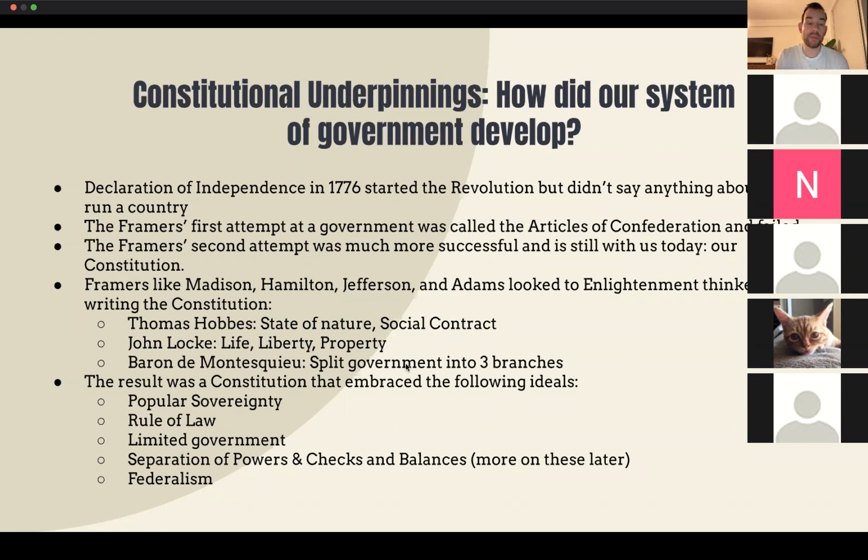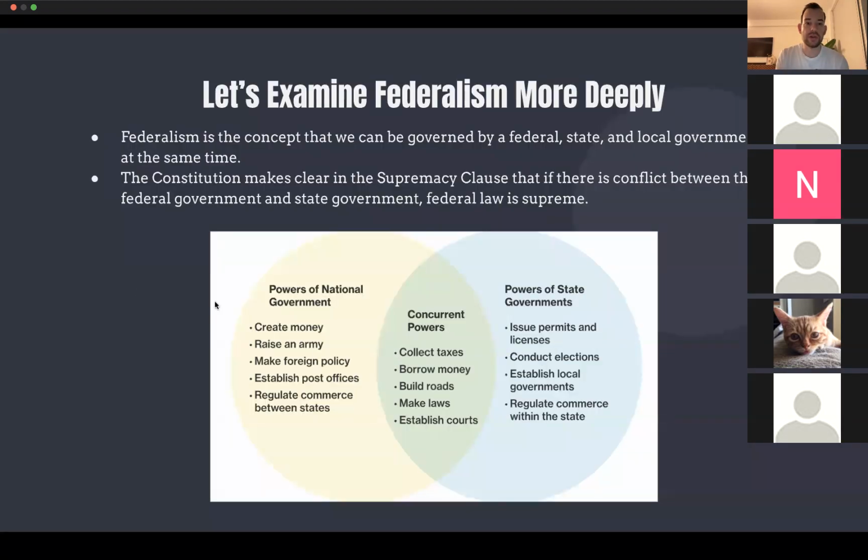There were Greeks that tried to do that as well, obviously like Alexander the Great, and then the Roman Empire, you could say, was almost like a federal system. But what was unique about this American experiment is that there were 3 tiers to it, which I'm going to show you actually right here, because your question relates to this. So in a federal system, there are 3 layers of government: a federal, state, and local government, all at the same time governing.